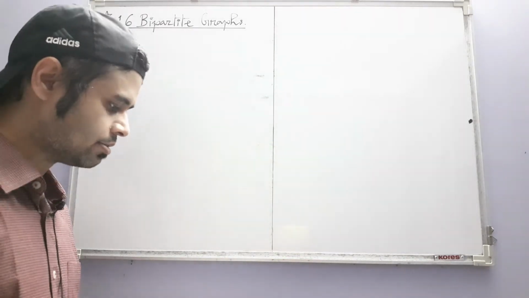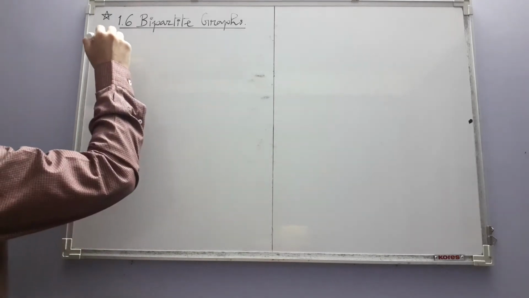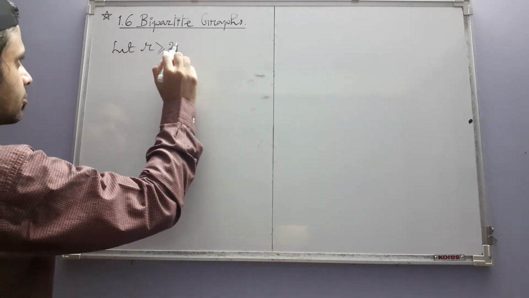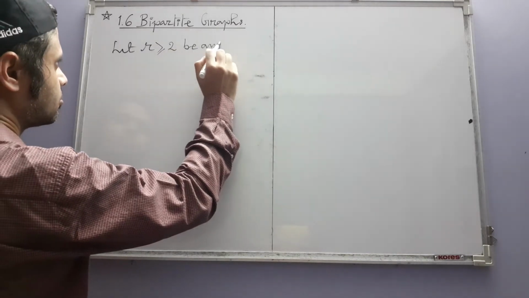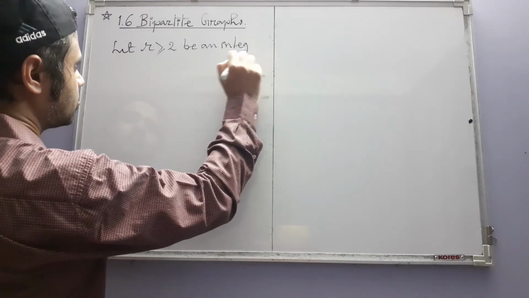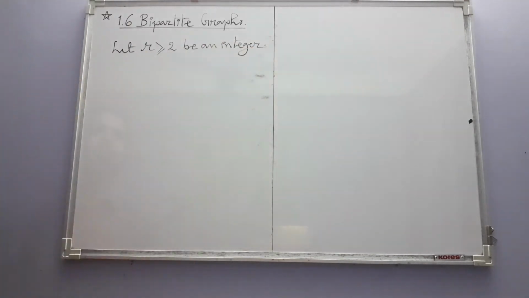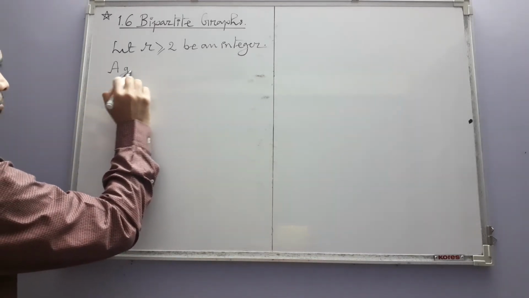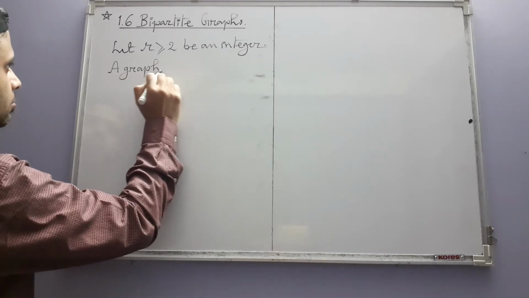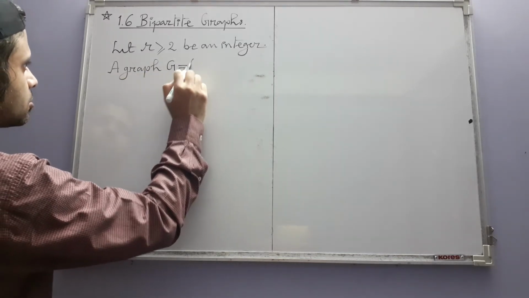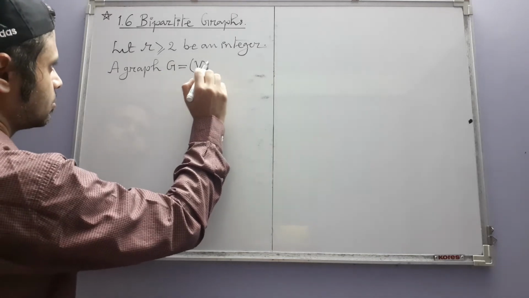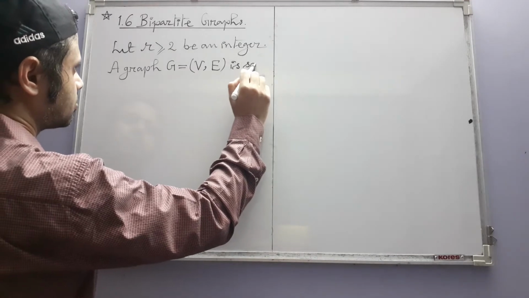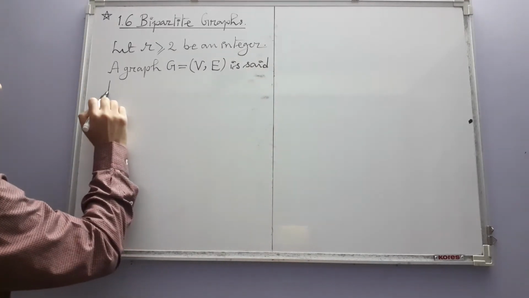It starts like this. Let r greater than or equal to 2 be an integer. A graph G whose vertex set is V and edge set E is said to be